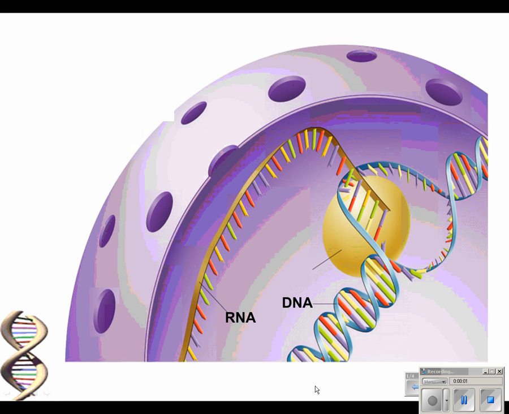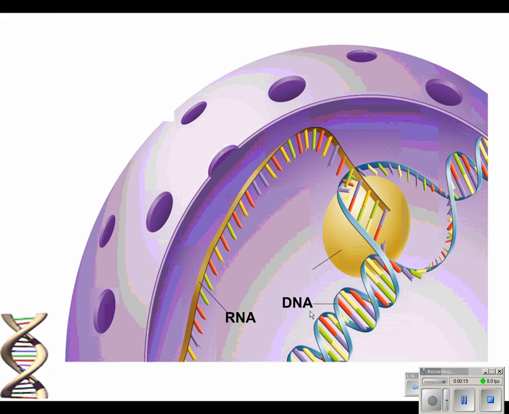This lecture talks about the comparison between DNA and RNA. Remember that we've talked about the nucleus of a cell, which is represented by this purple structure here, and those holes represent the nuclear pores. Inside the nucleus, we find both DNA and RNA, but the DNA is special because it can't leave the nucleus,